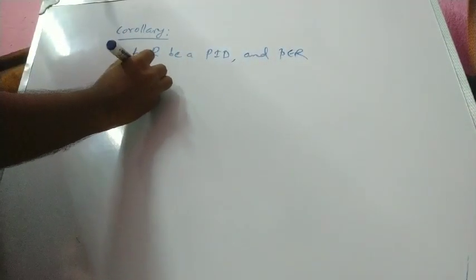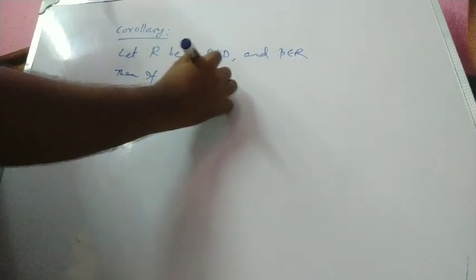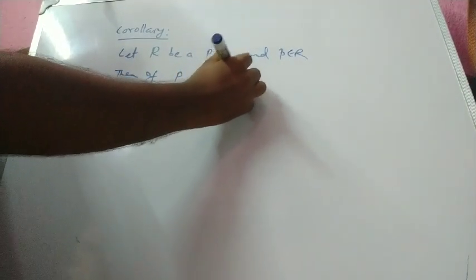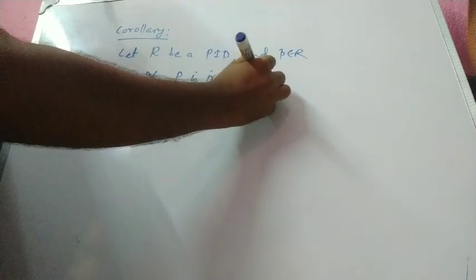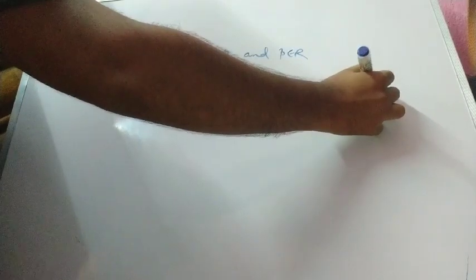What is the corollary? Let R be a PID, principal ideal domain, and p belongs to R. Then if p is irreducible, then p is prime. তাহলে p যদি irreducible হয়ে যায় তাহলে p হচ্ছে প্রাইম।